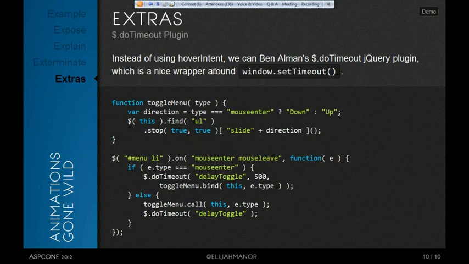use a plugin called Do Timeout. This is a fancy little wrapper around set timeout. The API for set timeout is not the greatest in the world in JavaScript, so Do Timeout is a nice little wrapper that has some interesting features. And so I'm going to use event delegation on the list items, and I'm going to listen to their mouse enter and mouse leave. When someone mouse